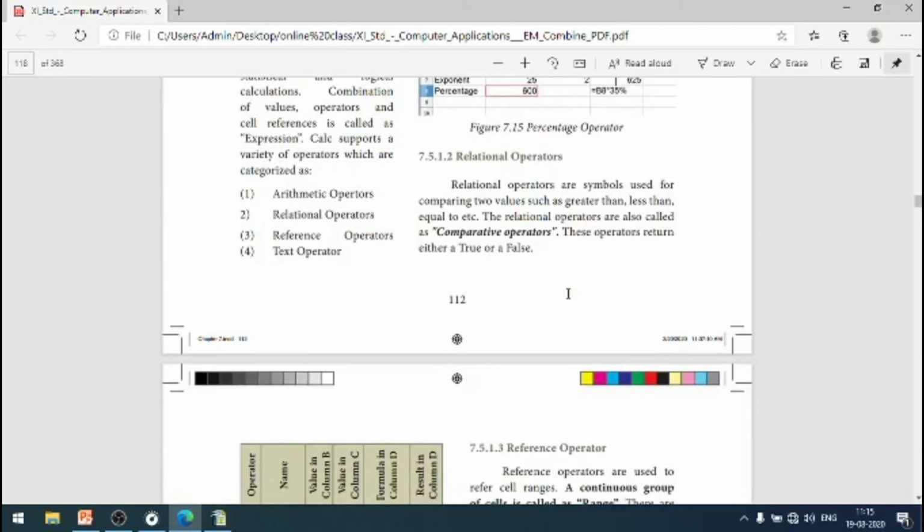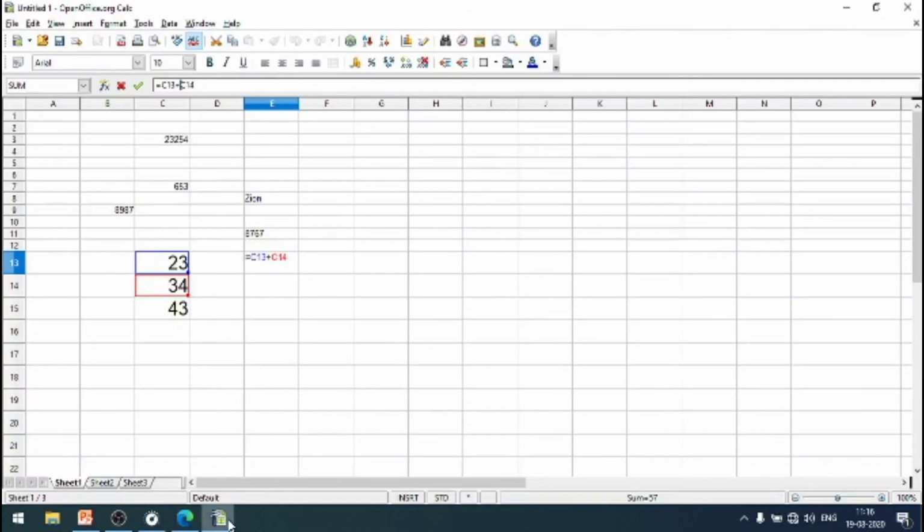relational operator. The relational operator compares two values and produces a result in the form of true or false. It just compares two values. So now I am going to compare the values 23 and 24.